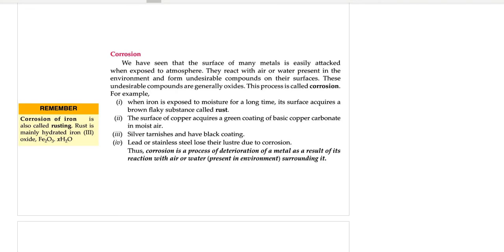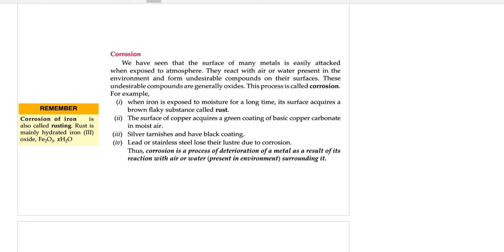Have you seen the Statue of Liberty's photo? Or maybe some people have seen the actual Statue of Liberty. It is a very huge statue in New York, and the color of that statue has become greenish. It is not green, it is made of an alloy of copper, but it has become green because the copper has corroded, because of a basic copper carbonate layer which is formed on it. Right? So that's why it has become green.